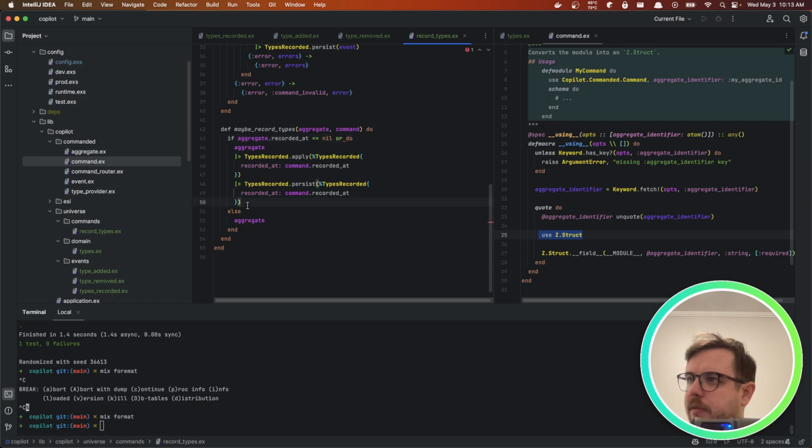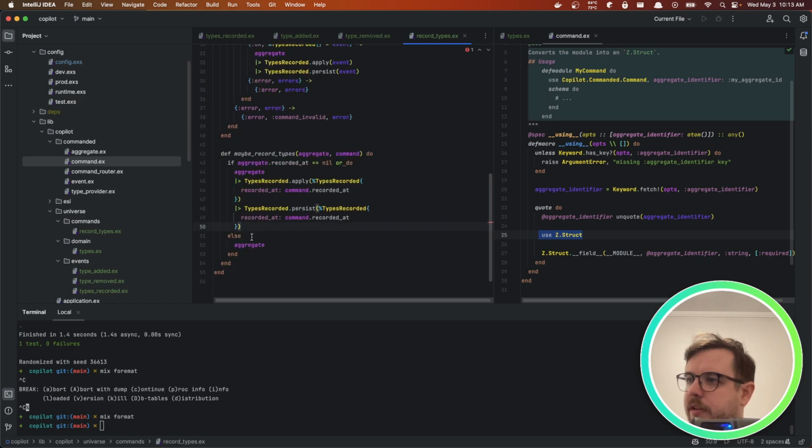Otherwise, we will simply return okay. I kind of want to do this the other way around and say if it's not equal to nil and